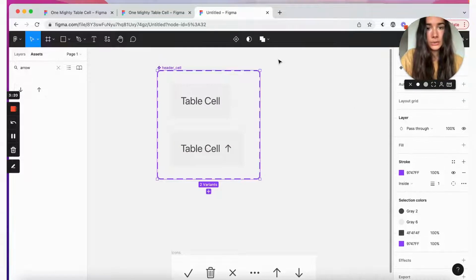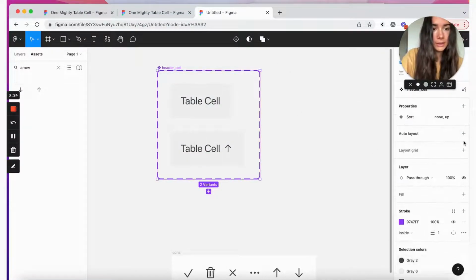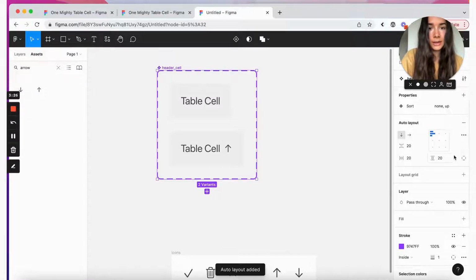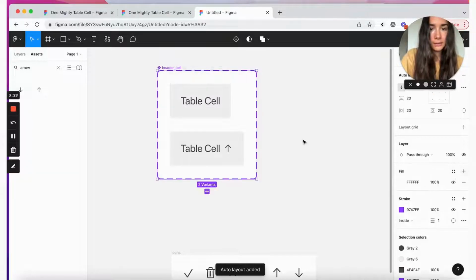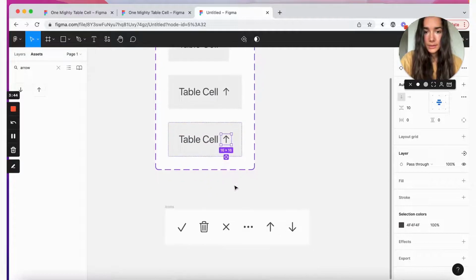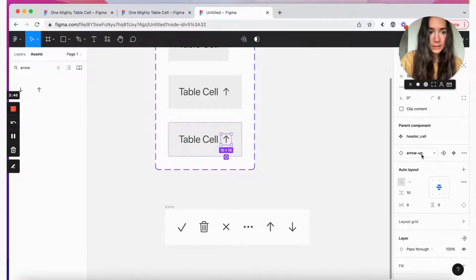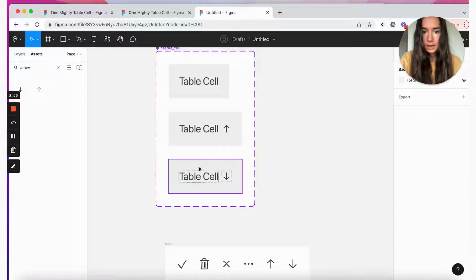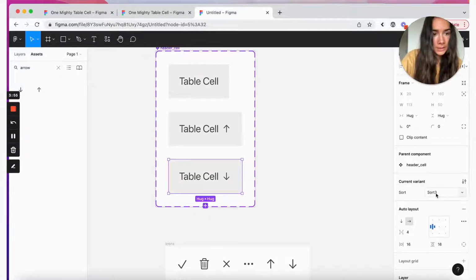One more thing we can do just to make this look a little bit nicer is give the component set itself an auto layout and then a fill. So now when we add another variant, it just neatly stacks at the bottom. So this icon, we're going to do arrow down. And now we'll just have to update this value to down.